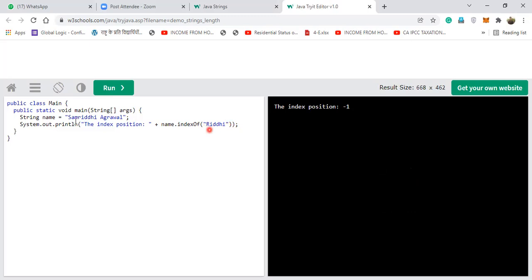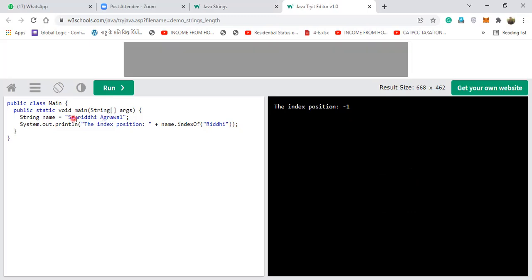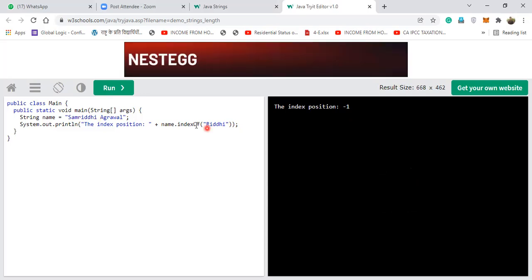In spite of the fact that Riddhi is there in this, it is unable to find it because this is a capital letter. Means it is case sensitive. This is case sensitive, so it is unable to find it. Got my point?